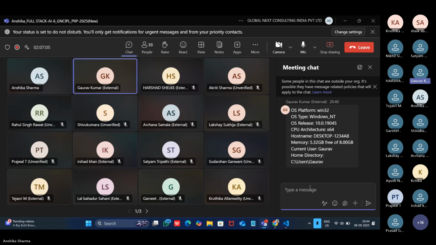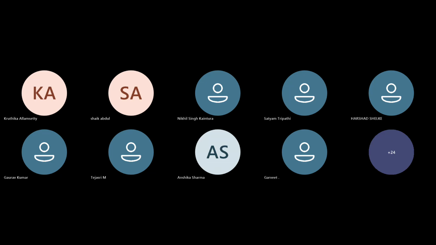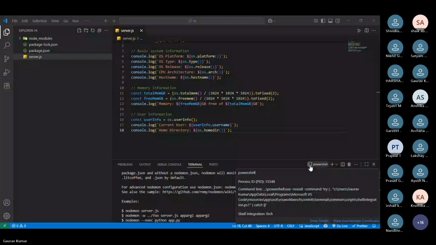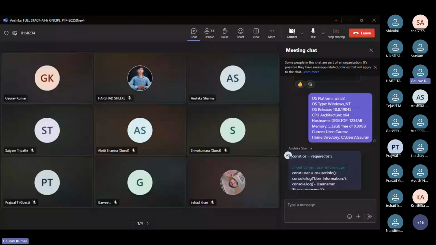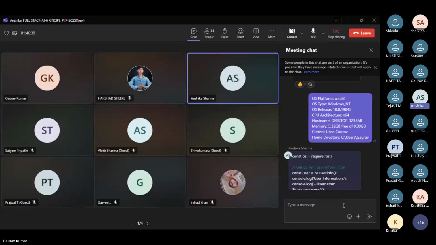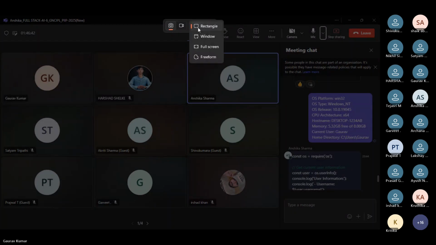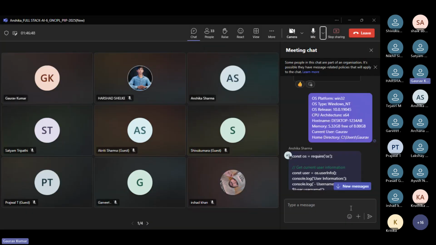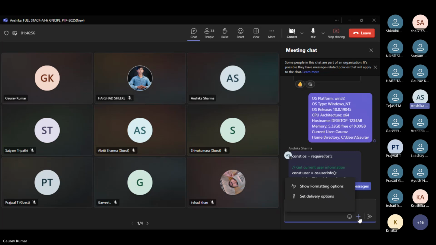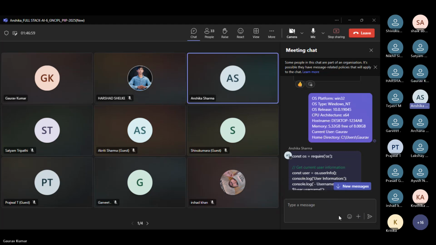Ma'am, I have no option. I can see share my screen. Okay, just share your screen. Okay, just take the screenshot of this window and copy that. Go to that image, where all your screenshots are listed in your system.